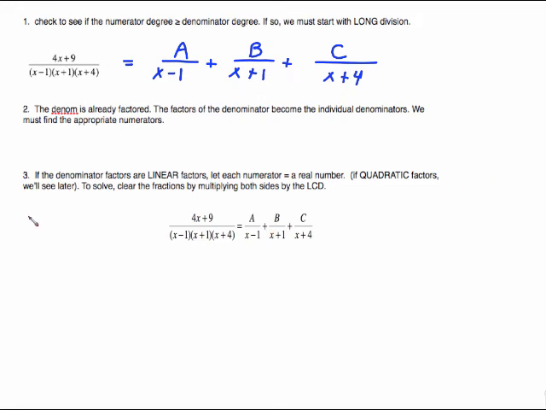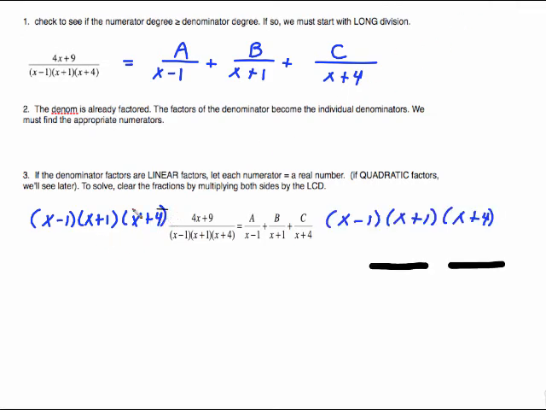I'm going to multiply both sides by the common denominator, which is x minus 1 times x plus 1 times x plus 4. What's going to happen over here is all of that denominator cancels with all of that denominator, and we just get a nice simple 4x plus 9 over here. Now over here, so you don't have to do all this canceling in your head, this is what I'm going to do. If I have an x minus 1 here, it will cancel with that x minus 1. So I'm just going to cover that up. And what I need to write down then is I will have A times x plus 1 times x plus 4